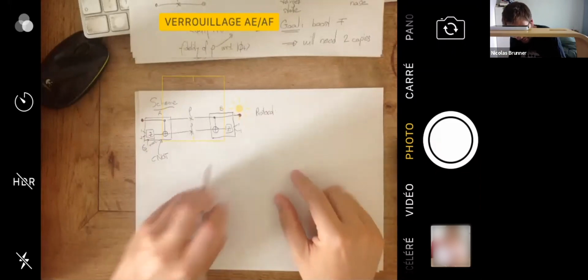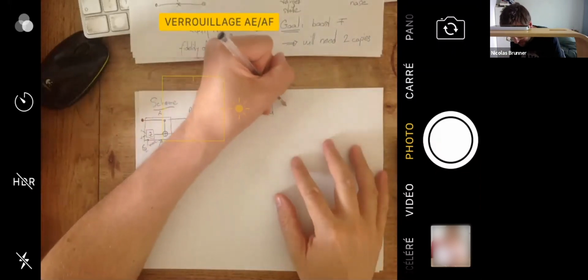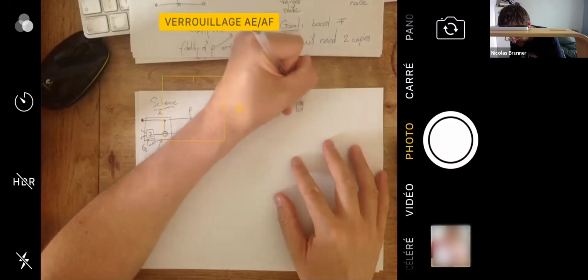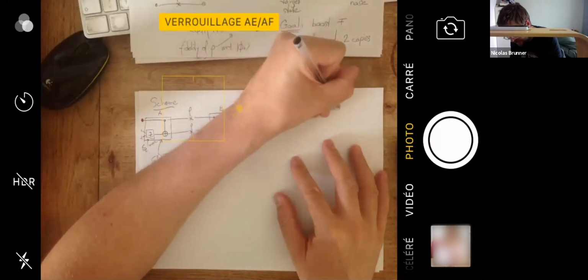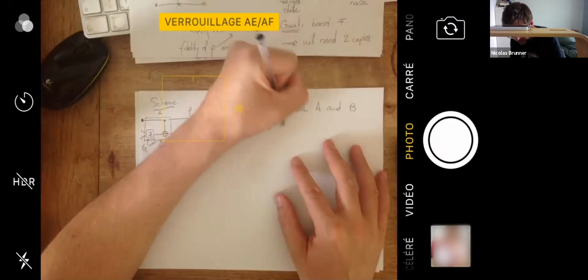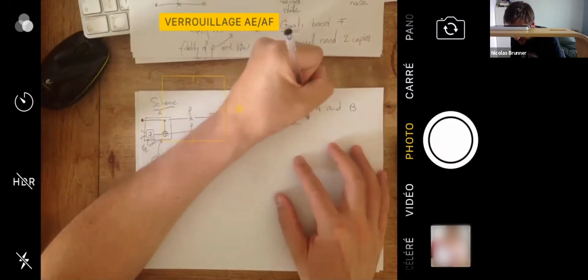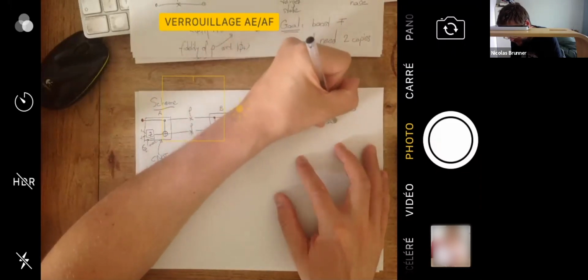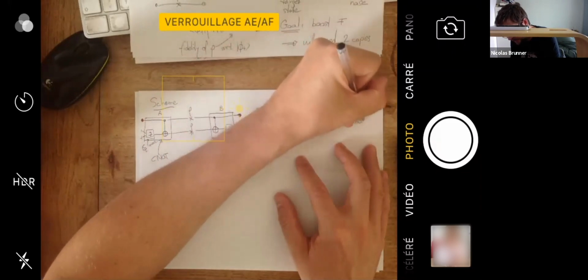And so the protocol is that if both A and B obtain the same measurement